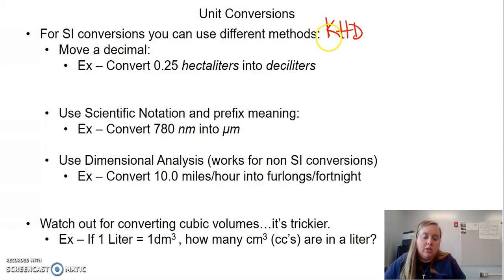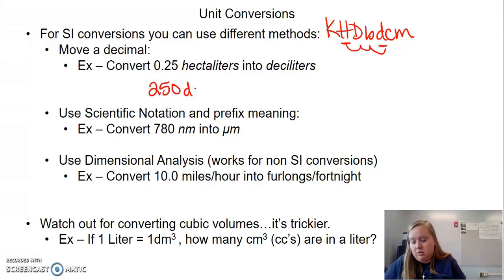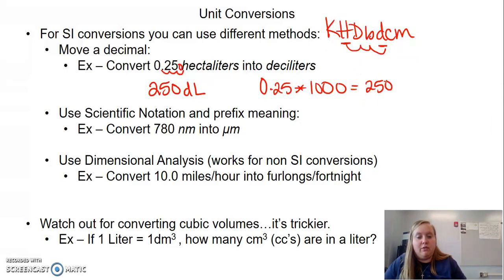So King Henry died by drinking chocolate milk. And so we're going from hectoliters to deciliters. So if you want to move the decimal point, you would do it 1, 2, 3 places to the right. So you end up getting 250 deciliters. So 1, 2, and then 3. And again, you can also look and see that there are 10, 100, 1,000 deciliters in a hectoliter, so you could take 0.25 and multiply it by 1,000, and you get 250, whichever method